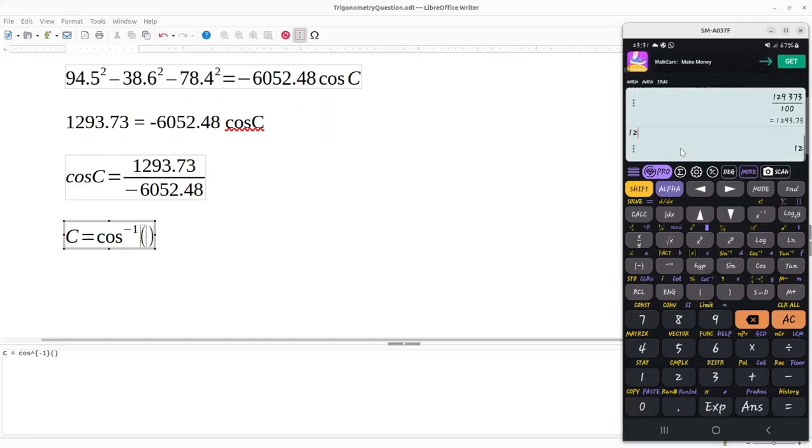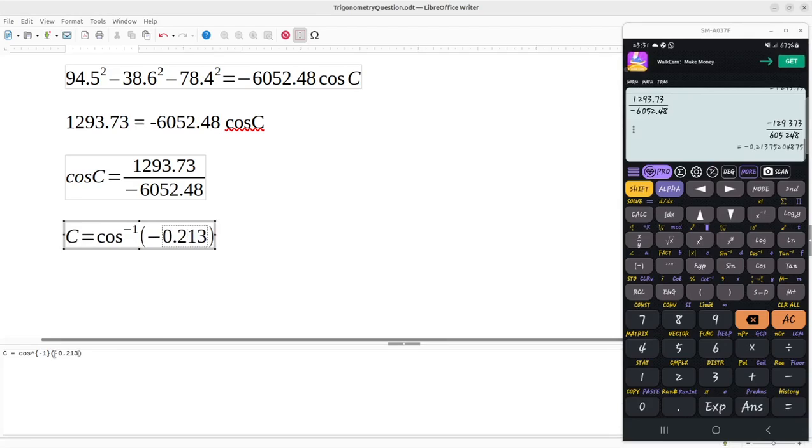So it's 1293.73 divided by negative 60.52.48. So this is negative 0.213, and this number is continuing. So